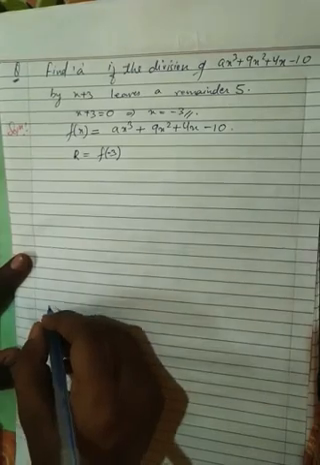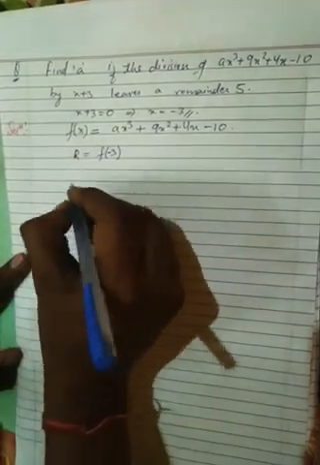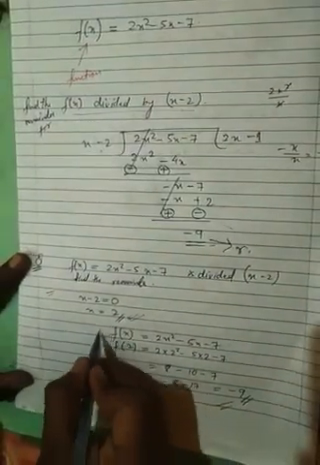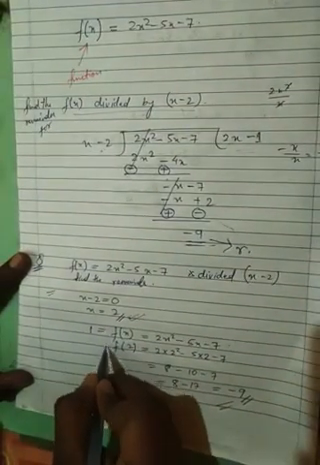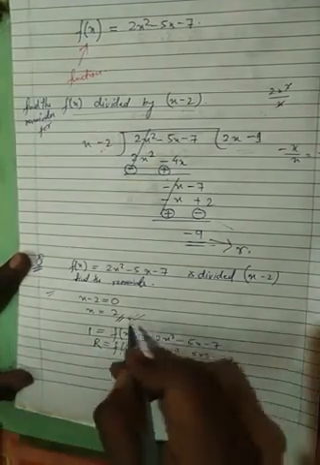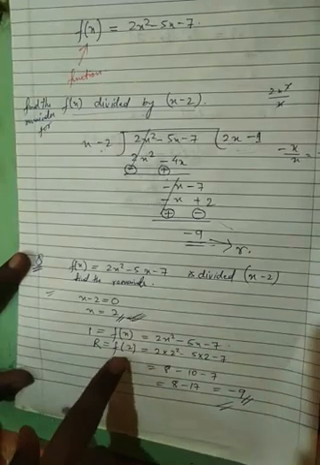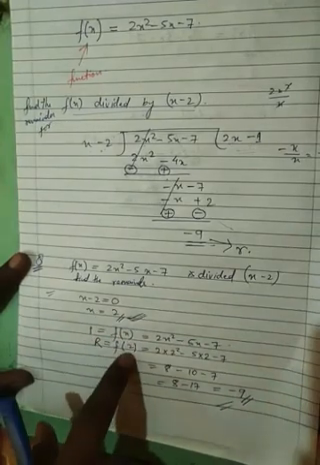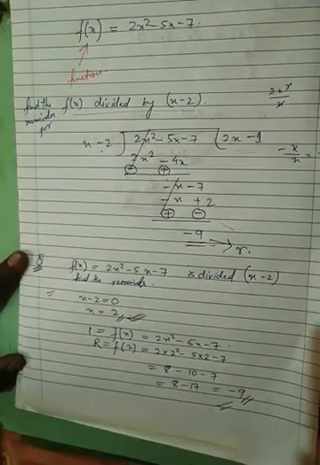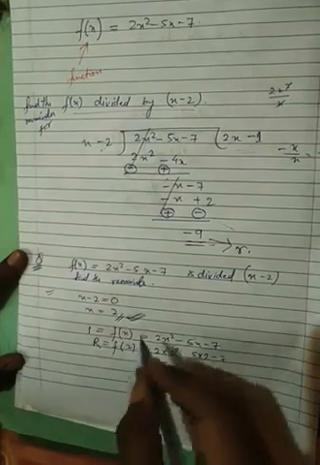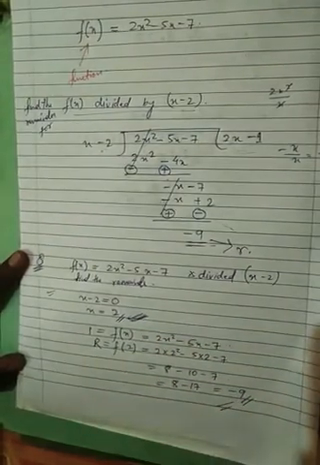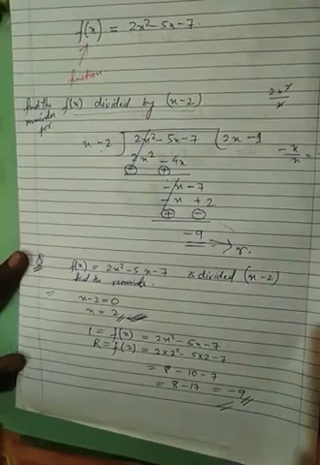Okay, clear? Understood? Like in the previous question which we have done, where f of x is given, we calculated f of 2 for the remainder. That is why we got the remainder as minus 2. Whatever x value is coming, if I substitute it instead of x in the function of x, it will give you the remainder. So the same thing we will apply. Whatever value of x we have got, we substitute in the function to get the remainder. So that is your remainder theorem. Okay, so we'll be applying it now.